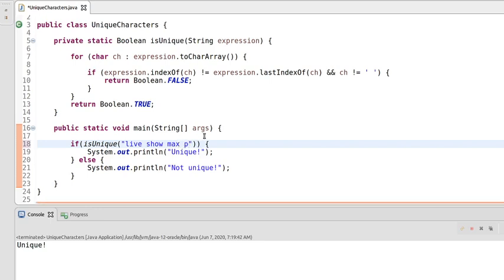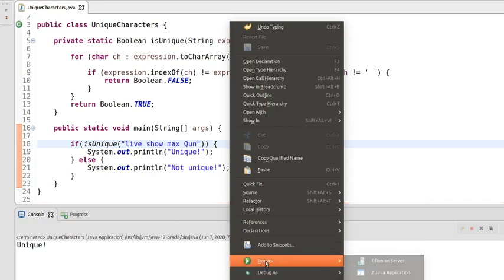P is not there, E is there, A is also there, and let's pass any random characters. O is also there, Q is not there, Q, U, double E is there, Q, U, E, N, N is there. So let's pass it and compare.